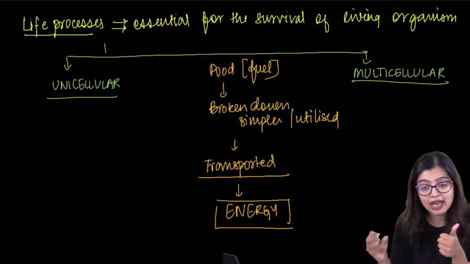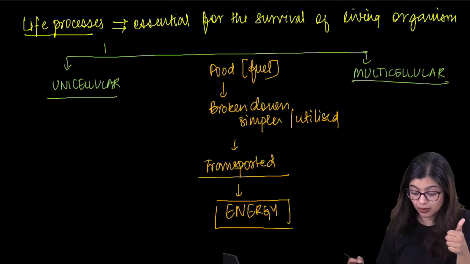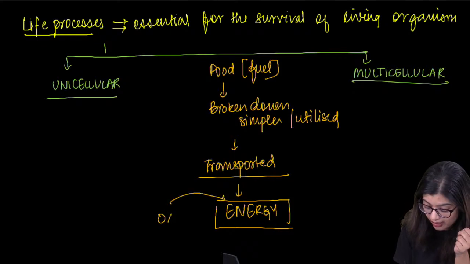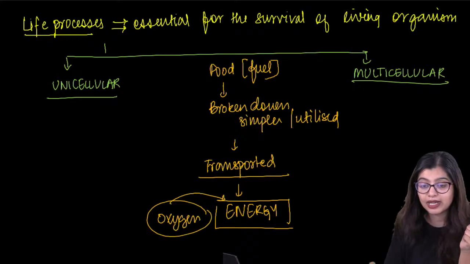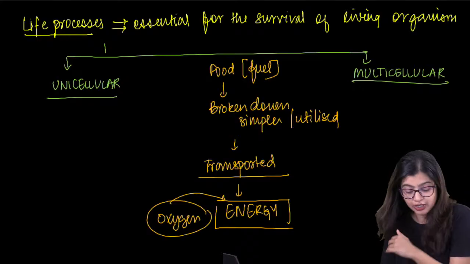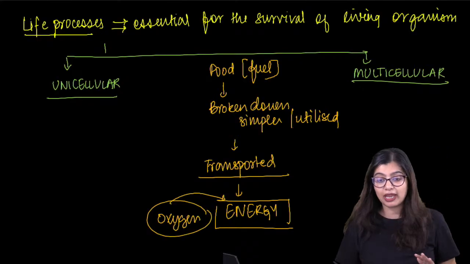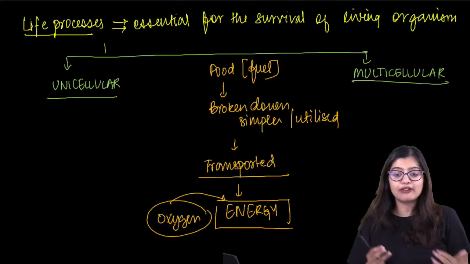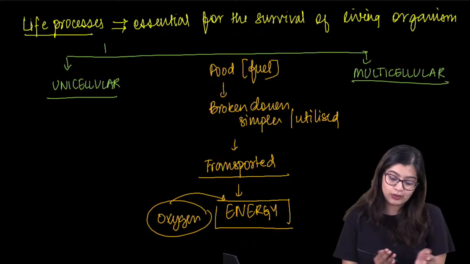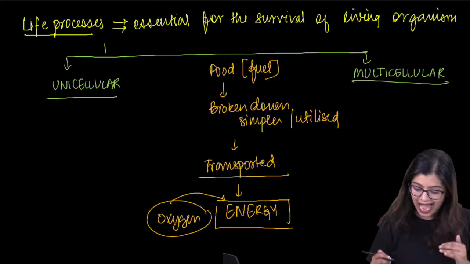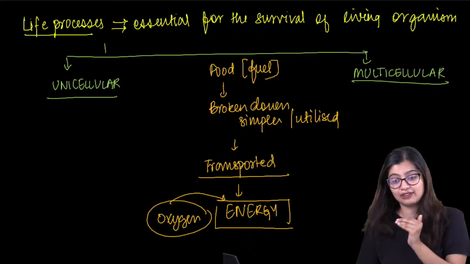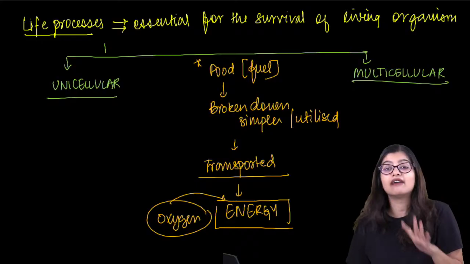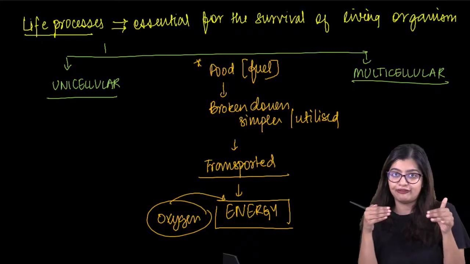Very good. Now we know that in this particular case, for this process to happen or for energy generation, we require oxygen, right? For oxygen to be made available, we know that it differs in unicellular and multicellular organisms. As a matter of fact, this whole process that I have described, starting from availability of food all the way till availability of oxygen, is different, right?